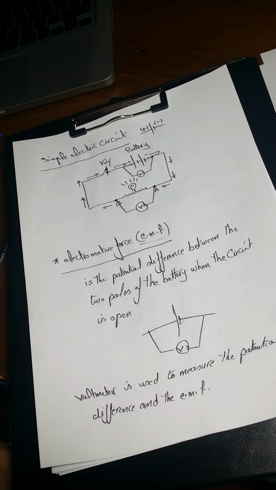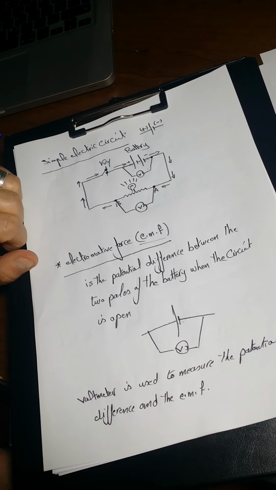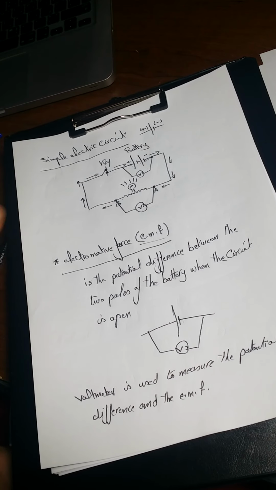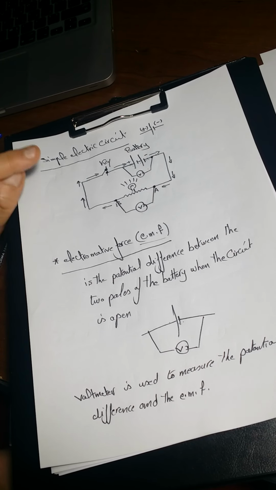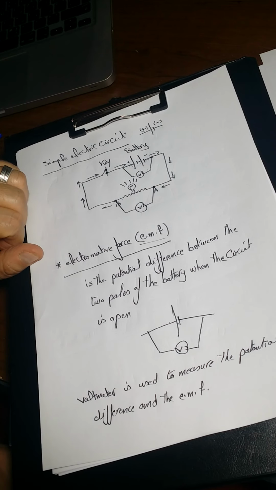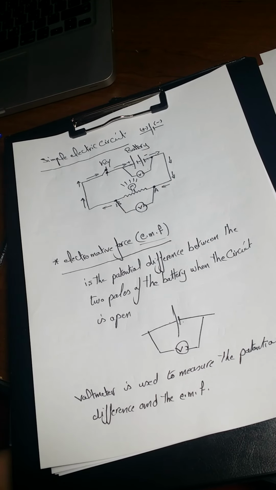What causes the flow of electron from one point to another? The potential difference between the 2 points. If there is a potential difference between 2 points of a conductor in an electric circuit, so there is an electric current passes through the conductor. What if the potential difference is 0? It means there is no potential difference between